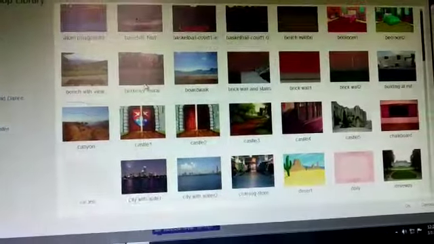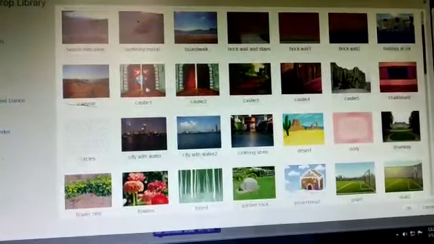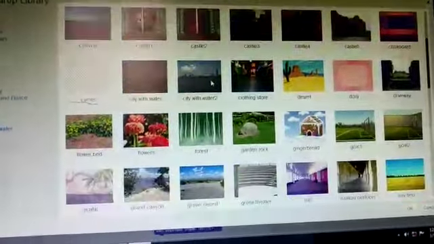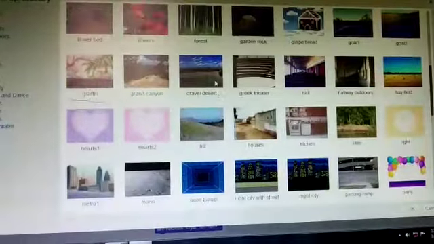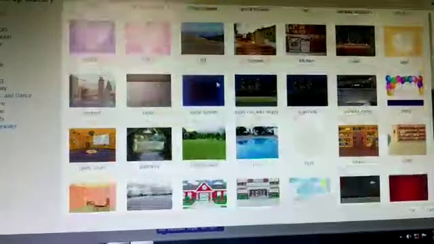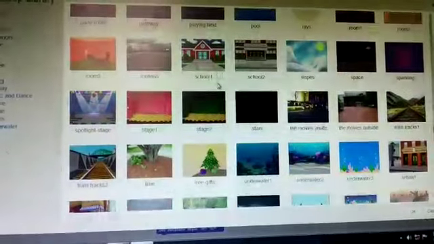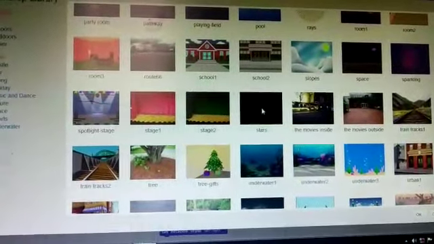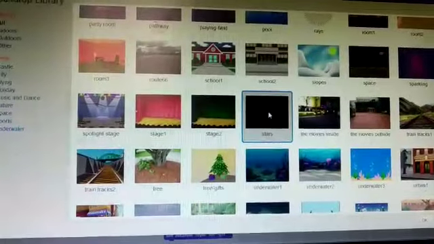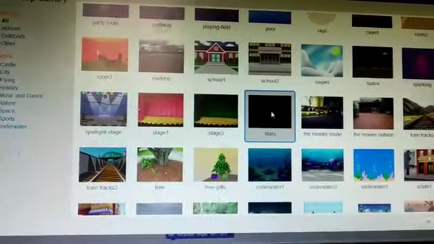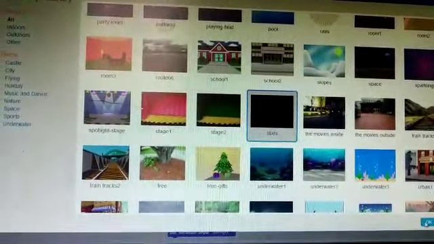Choose an image from here. So many images are here. You can choose any one, what you want. We will choose this stars image according to our project. Then click on OK.